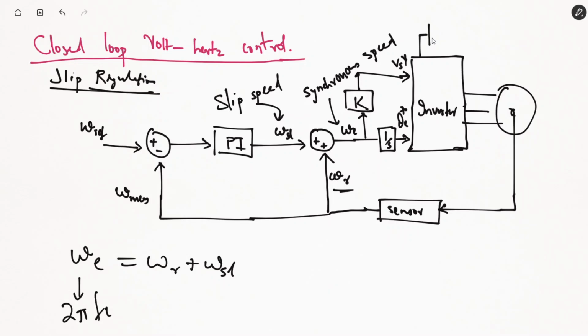Then we can feed the inverter as in the previous case. We'll get VA, VB, and VC, feeding the induction motor. So this now is a closed loop strategy. Your earlier open loop strategy was one where you were not sensing the speed. Now here you have a closed loop strategy wherein you are sensing the speed of the induction motor as well. You are keeping in mind the measured value of speed.